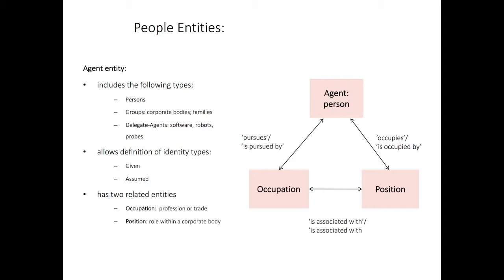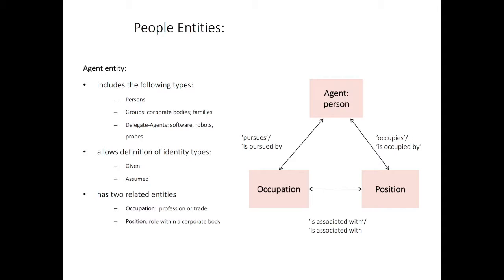And there you can see on the slide there, and I didn't spend time with the previous one, perhaps I should have done. And so you can see there that we're simply saying we have an agent, in this case an agent of type person, and they may occupy a particular position. Perhaps they're a president or, from where I come, a prime minister in their country. And so they have that role, they have that job in a sense. But that person is also, in a sense, pursuing an occupation, and perhaps that occupation in this example would be a politician. And very often we would then associate the particular role, position, prime minister or president, with a particular occupation of being a politician.